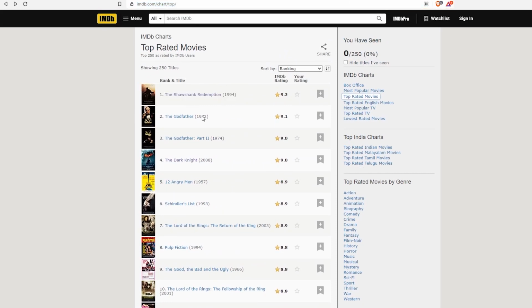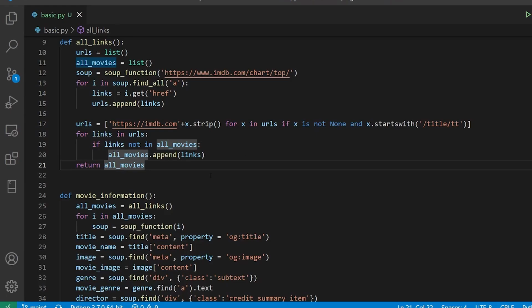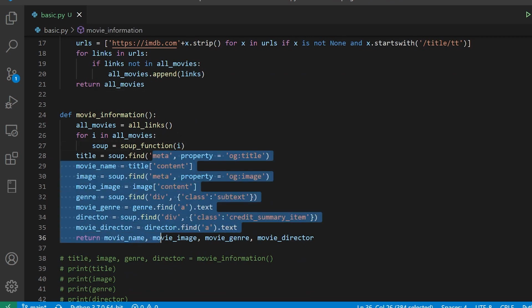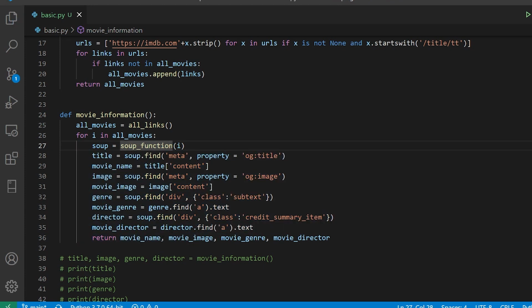So let's say 1, 2, 3 and so on, and then it is going to append us. So it is going to separate and then pass it over here, and now this entire thing is going to come over here. All right, this is the way it works, and now I can actually test it.